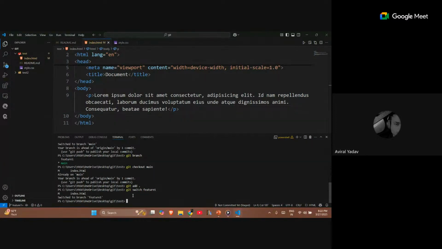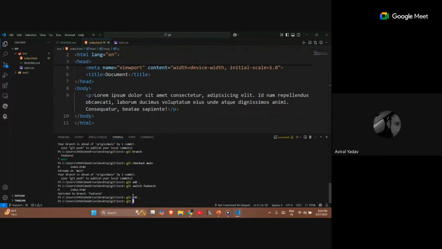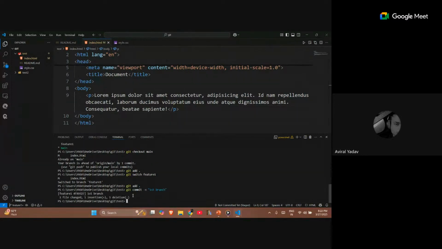It's switched. Git add and git commit -m, and let's name it my first branch. You can see that my first branch has been added, and no problem is created there.